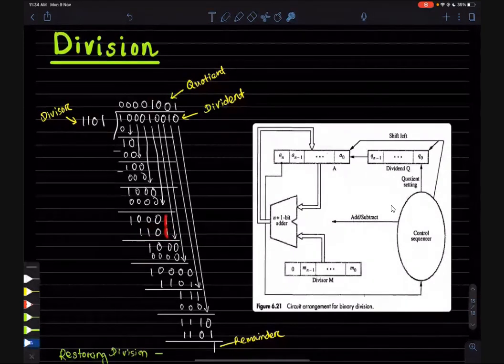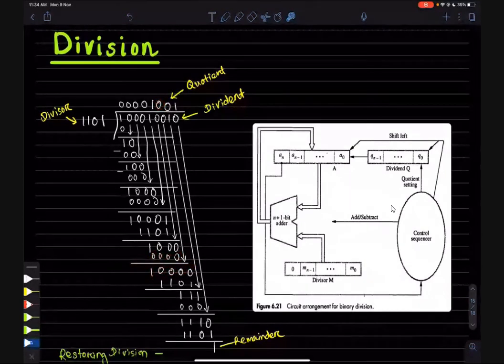1 minus 1 is 0, 0 minus 0 is 0, this is 0, so 1 will come to this, so this will be 2, 2 minus 1 is 1, this is 1, so 1 minus 1 is 0, and this is already gone, so this is also 0. Okay, so this part is the output. Next we will copy the next bit from dividend, so it becomes this, which is again less than the divisor, so we will put a 0, so 0 0 0 0, and the output is 1 0 0 0.